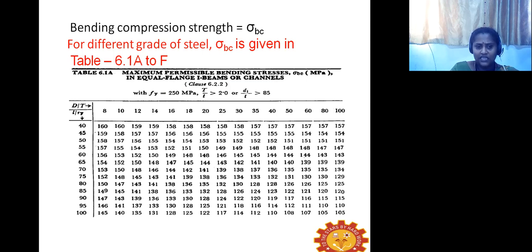For that, in general, the Fy value, F is nothing but always the stress, and Y denotes the value of yield, that is yield strength. Generally for HYSD bars it is 250 MPa, which is 0.6 times of Fu. F suffix U is nothing but ultimate strength of the material. And next coming the thickness ratios. Flange thickness ratios and web thickness ratios. Related to all these factors, you have to refer the value of maximum permissible bending stresses.